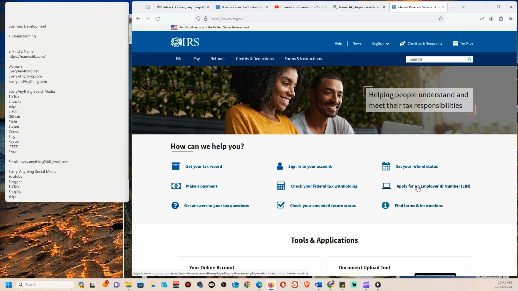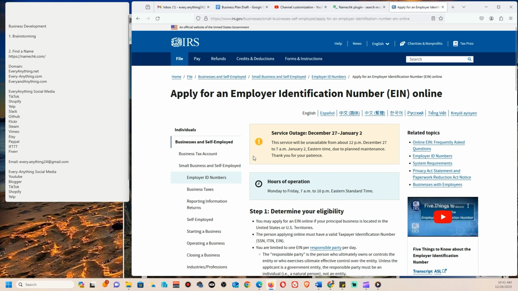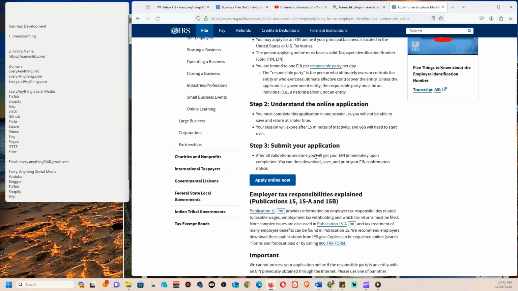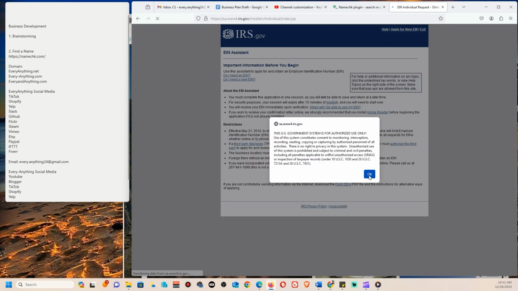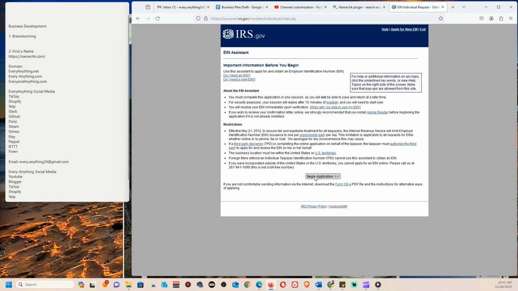And then once you're here, you're just going to go ahead and apply for an EIN number, right? If it's available, we'll let you know that you can apply online right now. So you go ahead and click apply online. Just click OK. Begin the application. And once you begin the application, it's going to take you through a series of